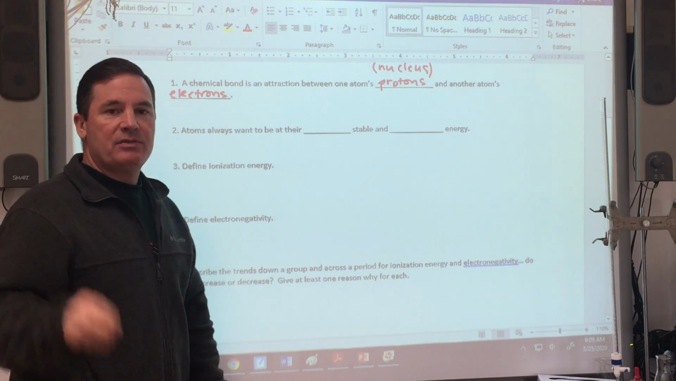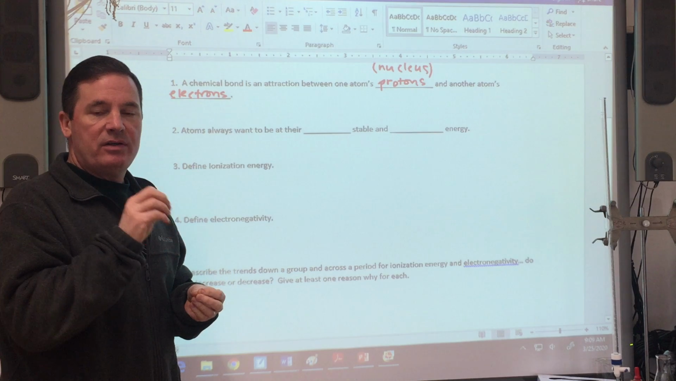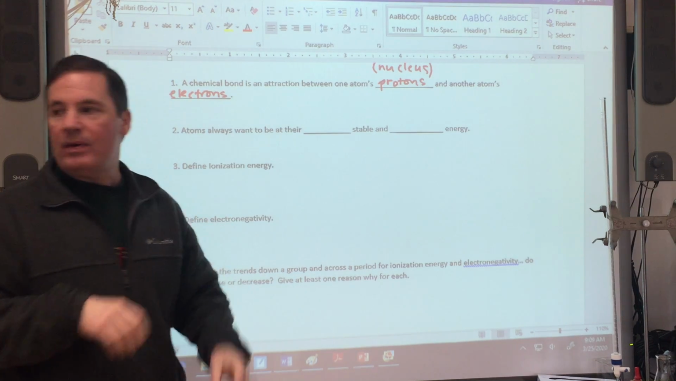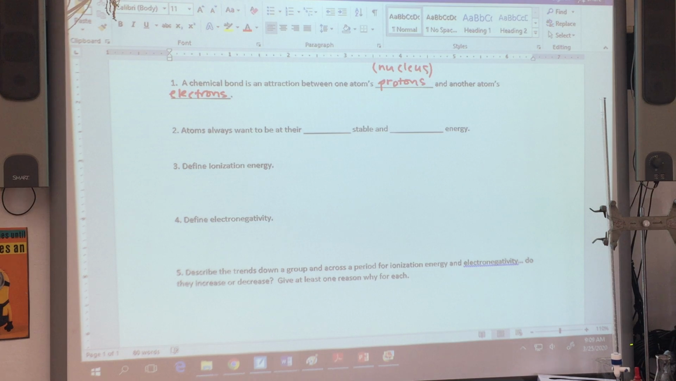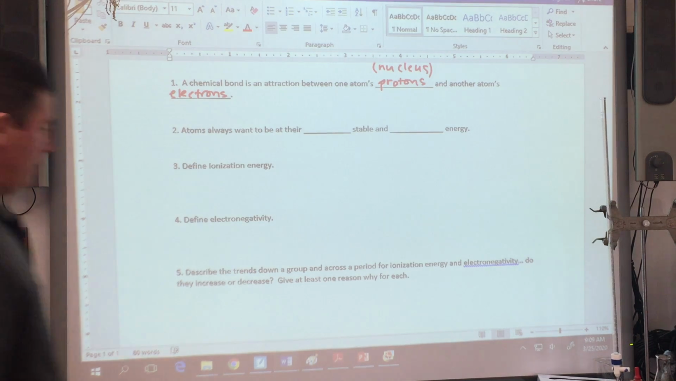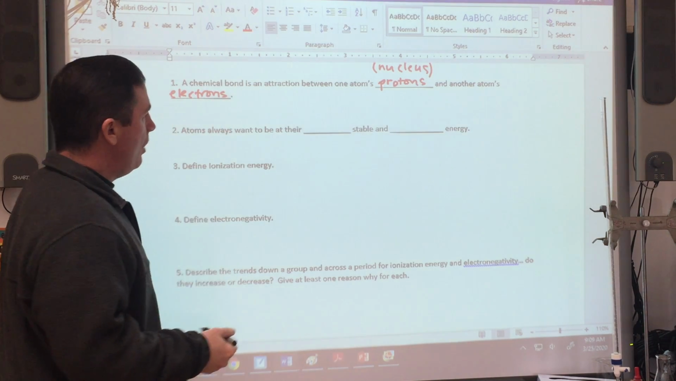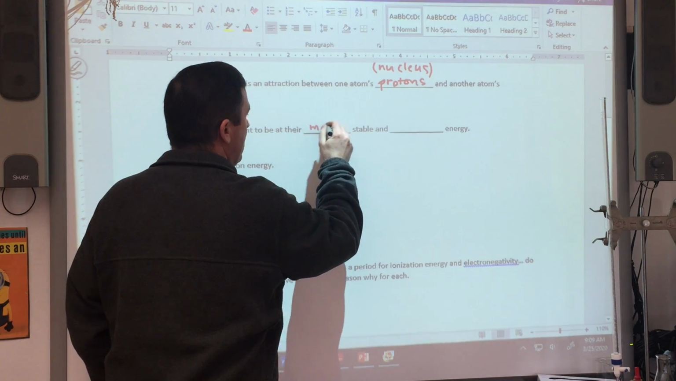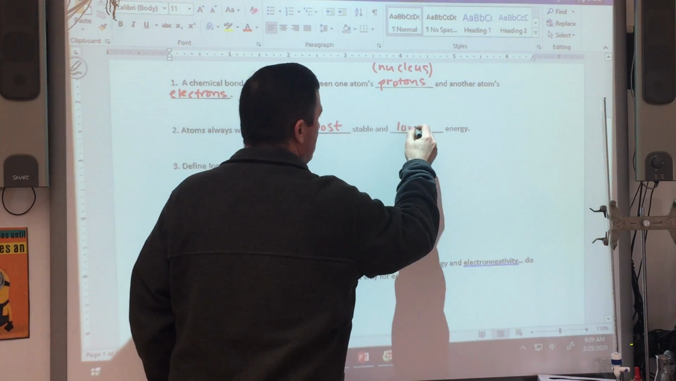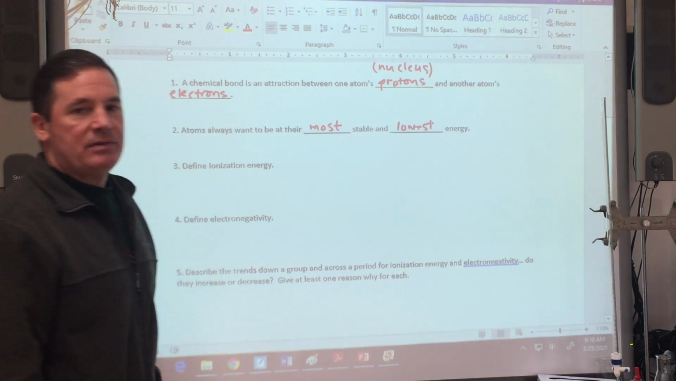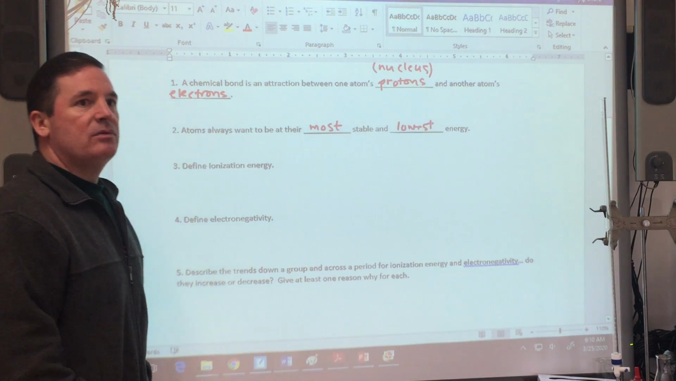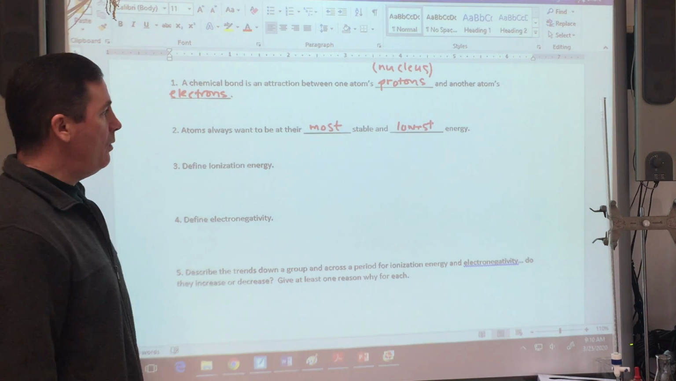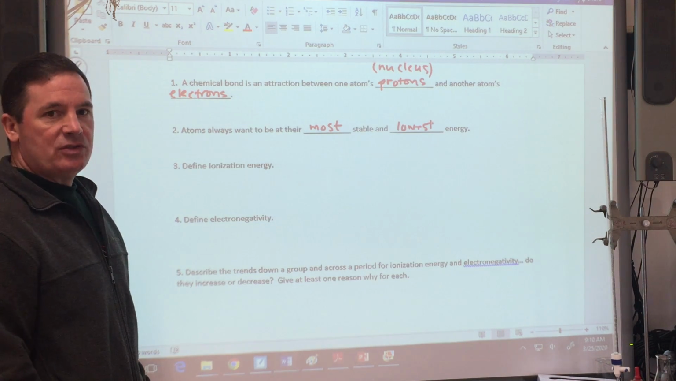Remember, they are attracted because opposite charges attract. Electrons are negative, protons are positive, they'll attract that way. Atoms always want to be at their most stable and have the lowest amount of energy. That's why they make bonds. If they're very stable, they're most comfortable, quote unquote, and if they have the lowest energy, that means that they're